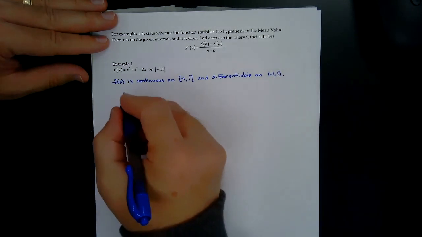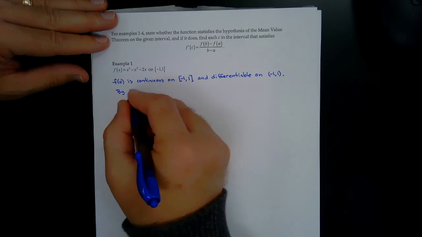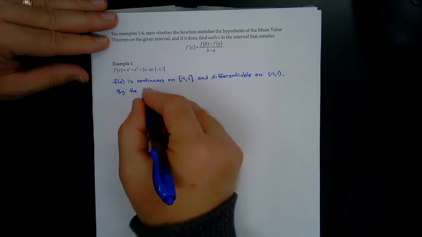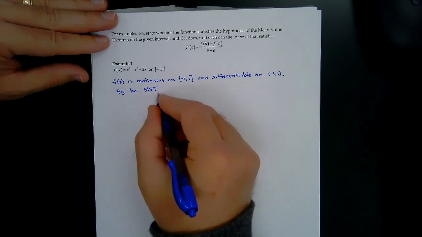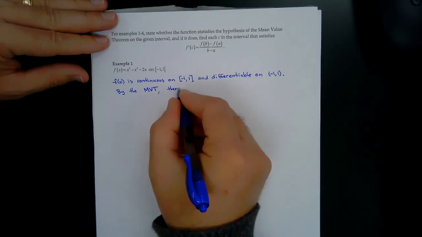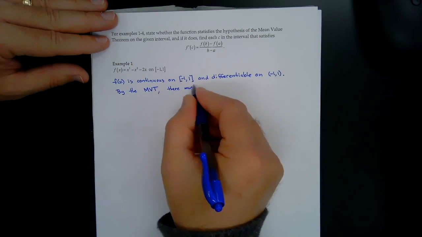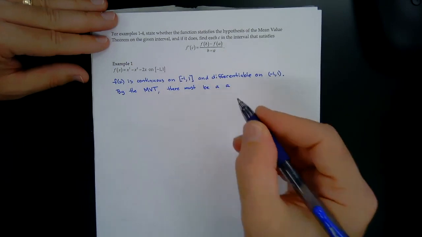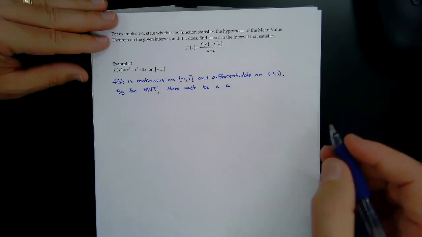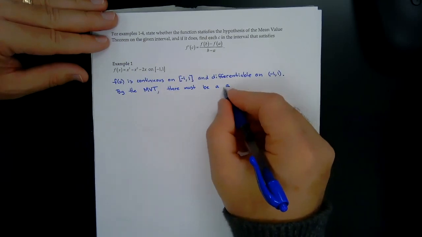And so by the MVT, which stands for mean value theorem, there must be a c, or at least one c,